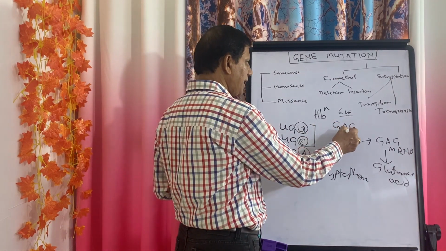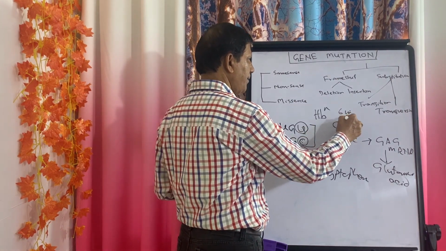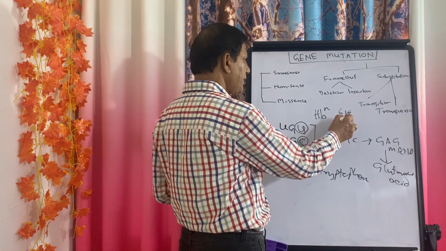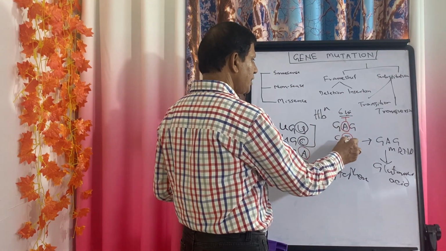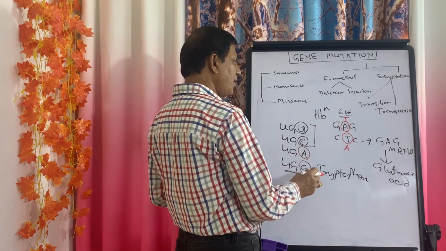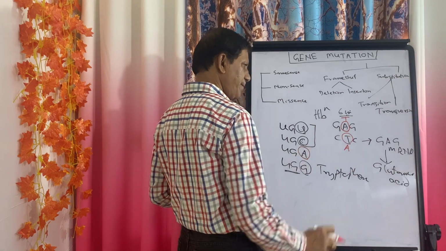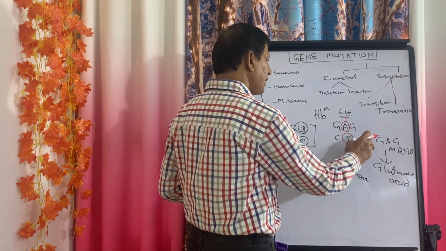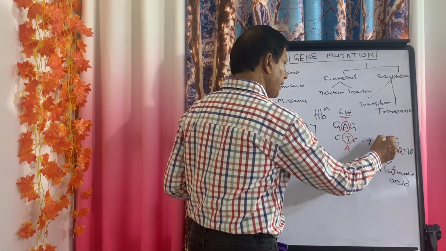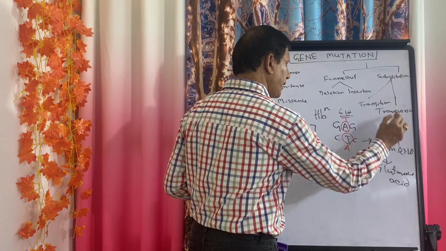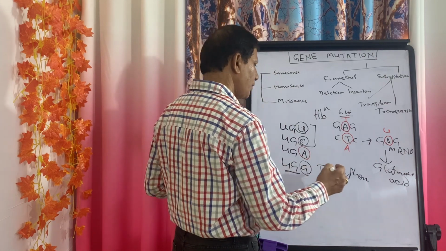But suppose there is a mutation due to change in a single nucleotide. Suppose this adenine is replaced by T. Now what will happen? When this is replaced by T, then this will automatically change to A. So the CTC that originally was there will now be CAC. When it is CAC, the mRNA will be, since it is A, here it will be U because it is mRNA. So now the codon is